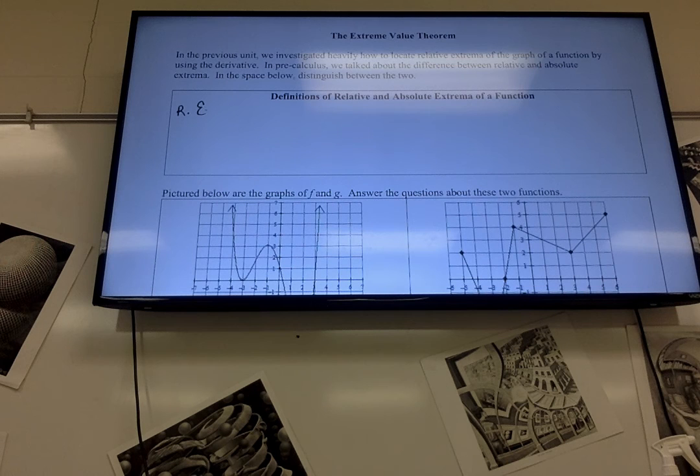Relative extrema, that's maxes and mins, are points where a function changes